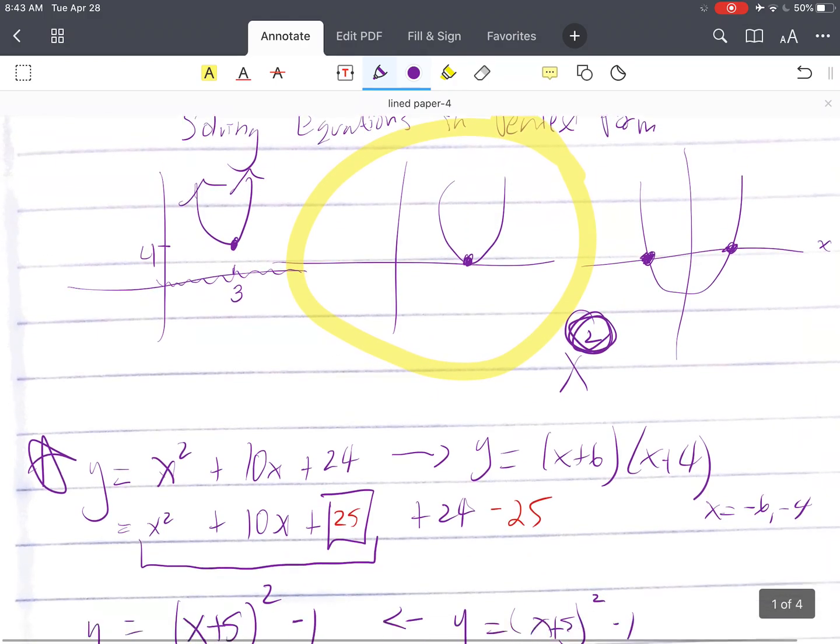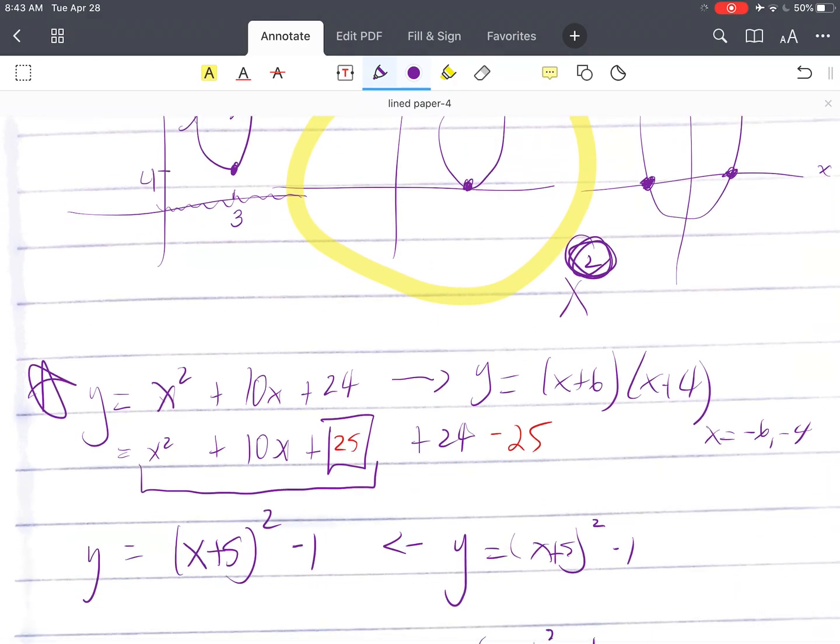Anywho, please enjoy this video. This is how you solve quadratics using